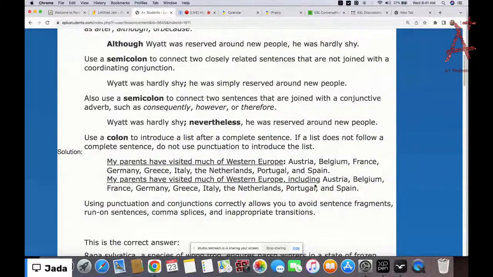So if it has "including," okay, if a list does not follow a complete sentence, do not use a punctuation to introduce the list. Just like this one, it has a comma here, then it says "including." All right,